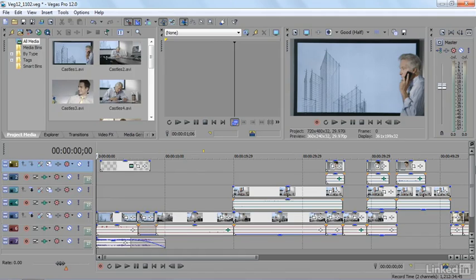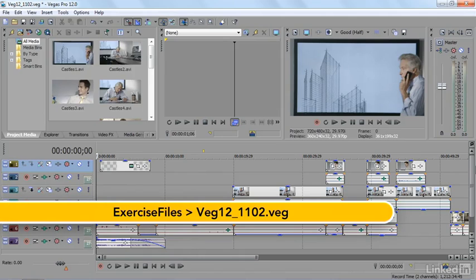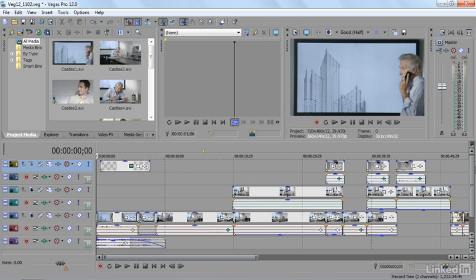One of the most fun ways to share your finished movies is to send them to a website like YouTube or Vimeo or Facebook. In a matter of minutes, your movie's out there for the whole world to see. Now, Vegas includes a number of ways for creating videos for the web, including a tool for loading your video directly to YouTube. And I want to show you that first, and then we'll talk about creating videos specifically for